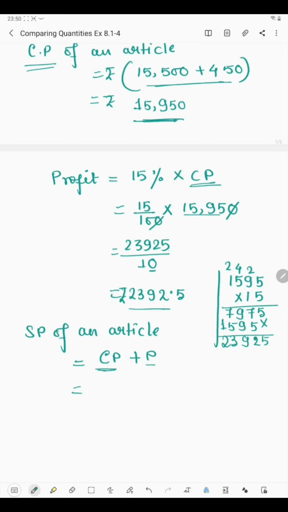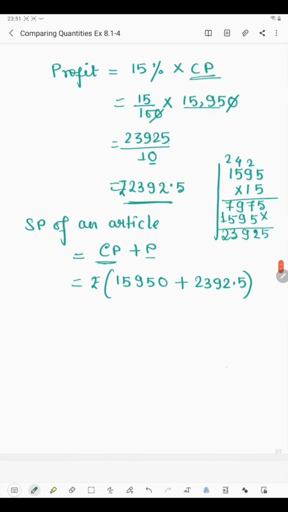So cost price is 15,950. Means this much money they spent on purchasing this. Okay. Now, and this is the profit they made, 2392.5, and if you add these two, we will get the selling price. Now this is a whole number and this is a decimal number. So at first we will have to write in decimal form. So after the point there is one digit. So 15950.0 we will write, and here we have